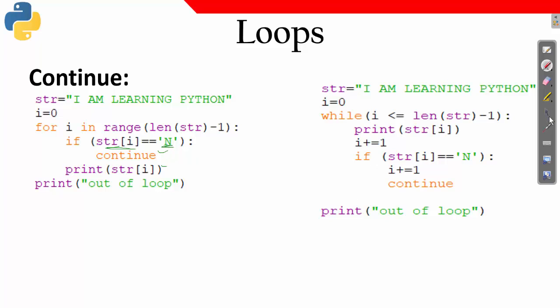Here also the same thing. It will print the data without any n in it, because I'm saying from 0 till the end. So whenever the i value is equal to n, it will not print. So you see, in I, M, L, E, A, R, N is missing here. I, N, G, here between I and G the N is missing, Python N is missing. So whenever it gets an n, it will be executing the continue statement.